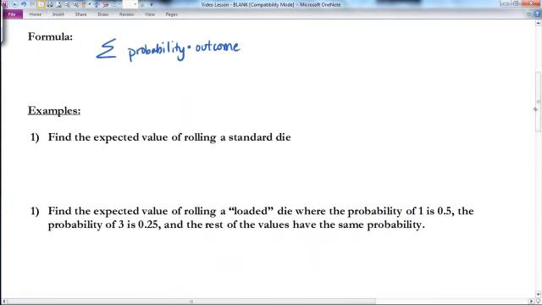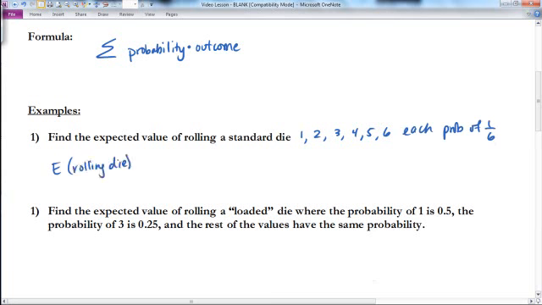For example, finding the expected value of rolling a standard die. When we roll a die, there are 6 outcomes. We could have a 1, a 2, a 3, a 4, a 5, and a 6, and each has a probability of 1/6 chance of occurring. So we would say the expected value